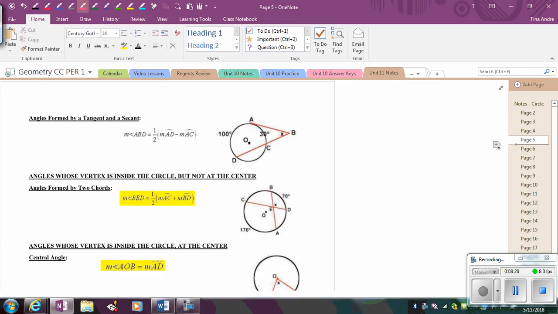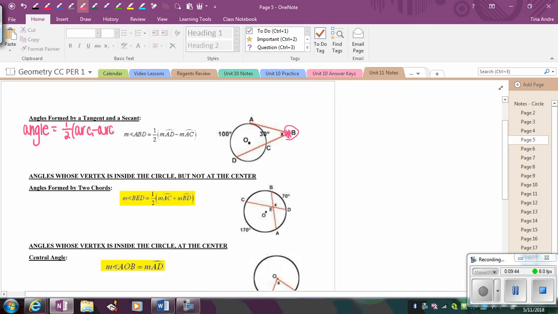And we see, again, another situation where the vertex is located outside of the circle. So if you can guess, the formula is going to be the same. We're going to do the angle is going to equal 1/2 the difference of the arcs. This scenario was created by a tangent and a secant, but again, that vertex tells us everything. So if we go to highlight this angle,